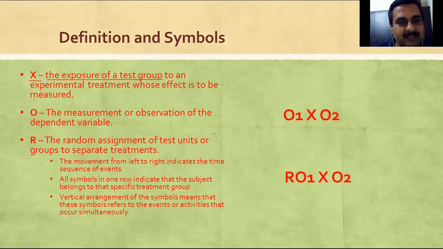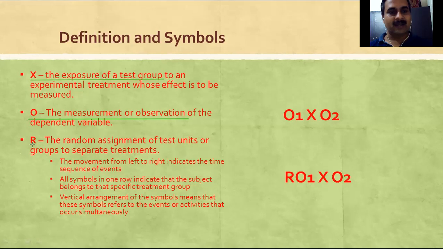Always remember, this X is going to be denoted by, let's change the color of this, and then I think it will distinguish the text here. Now, X is the exposure, and in our example, we have taken sales training as the major factor due to which sales performance is increasing. So our exposure or treatment is basically our sales training. The second term which is going to be used is O. O is observation. Once we have given the sales training, we usually measure their performance through observation.